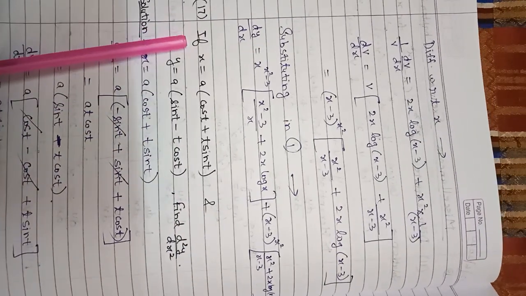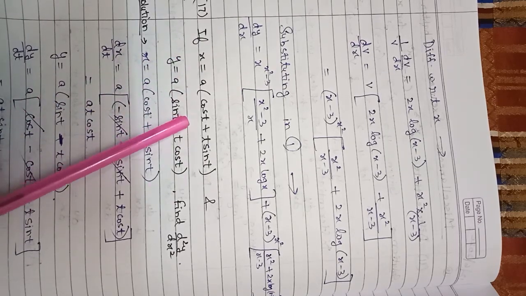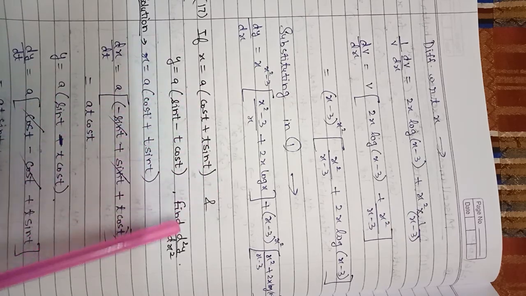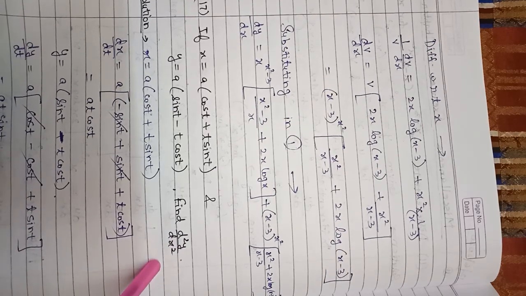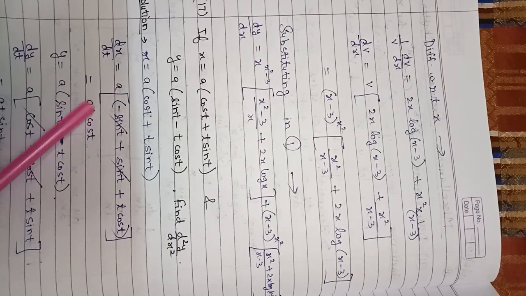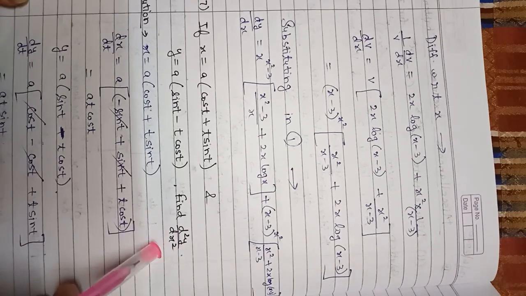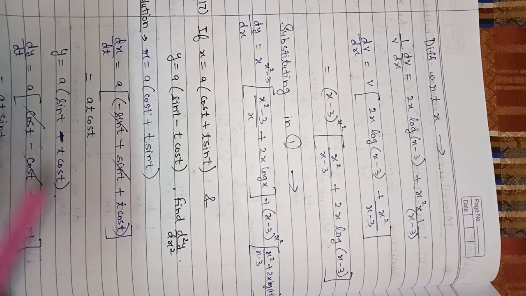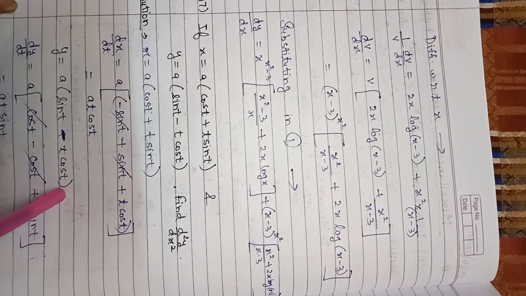I am doing question number 17 from the miscellaneous exercise. This also you can see here, x is given in the form of t and y is also given in the form of t, means parametric form. But here we don't have to find dy by dx, we have to find d2y by dx square. So how we will be doing it? We always find dy by dx by putting dy by dt upon dx by dt. And you people will be saying that d2y by dx square means we will take the double derivative of both the functions and then we will be dividing it, but it is not the case. We have to follow the same step till dy by dx. So let us first follow that.